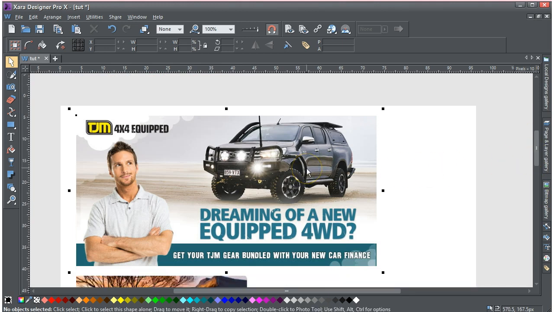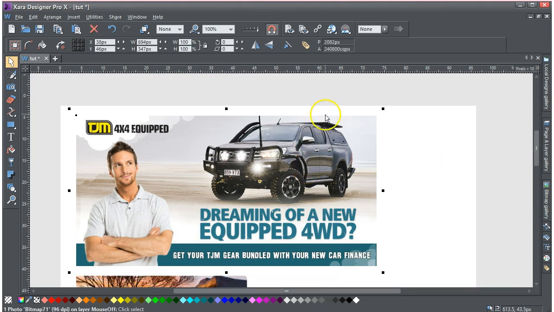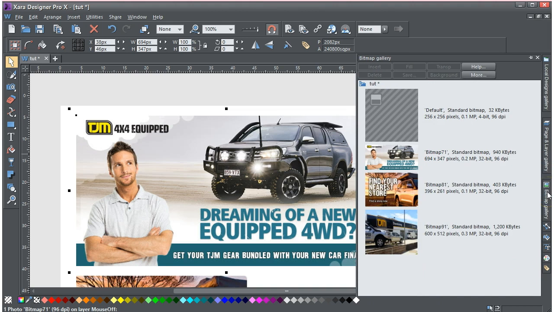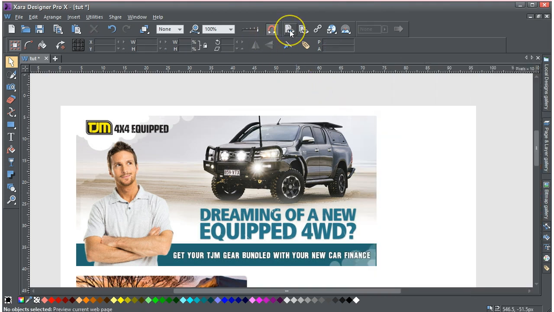If I click on these, the first thing that I don't understand is with this copying and pasting, if I look into the bitmap gallery here, it says it's a bitmap and it's 940 kilobytes, which is very big. It's very big. 1200, which is even bigger. However, when I actually just go